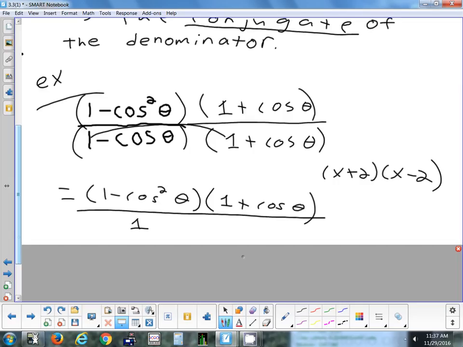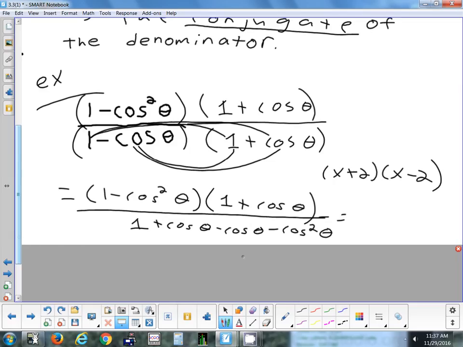1. What's 1 times cosine? Just cosine. What's 1 times negative cosine? And that's going to work out nice in a second. And now let's do the last part in 2 steps. What's a negative times a positive? Negative. And what's cosine times cosine? Just like x times x is x squared, cosine times